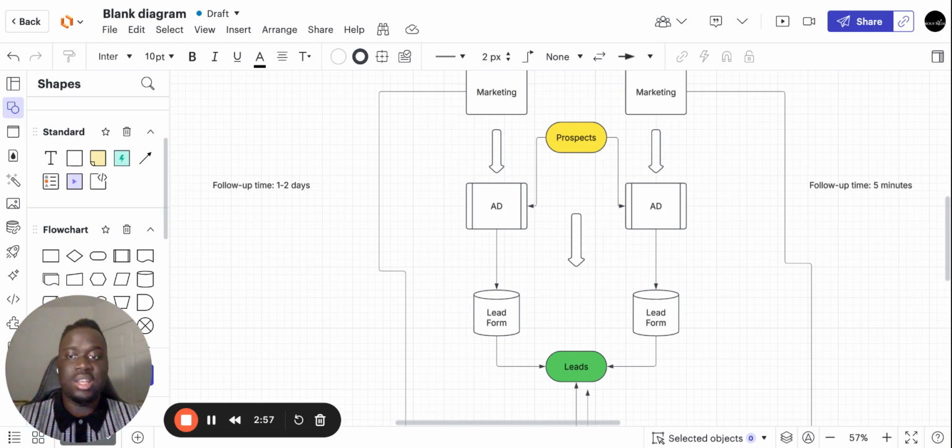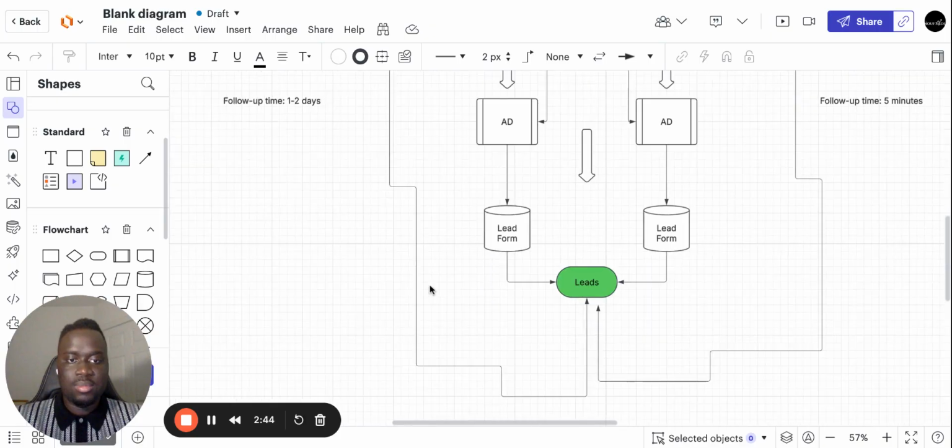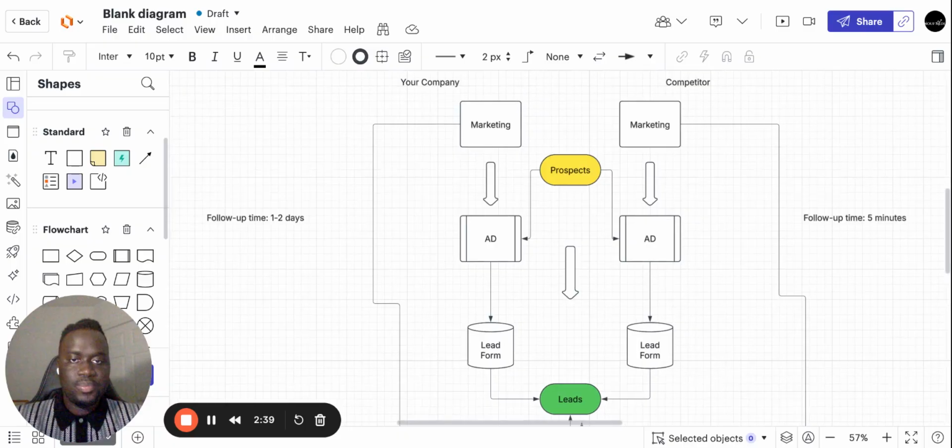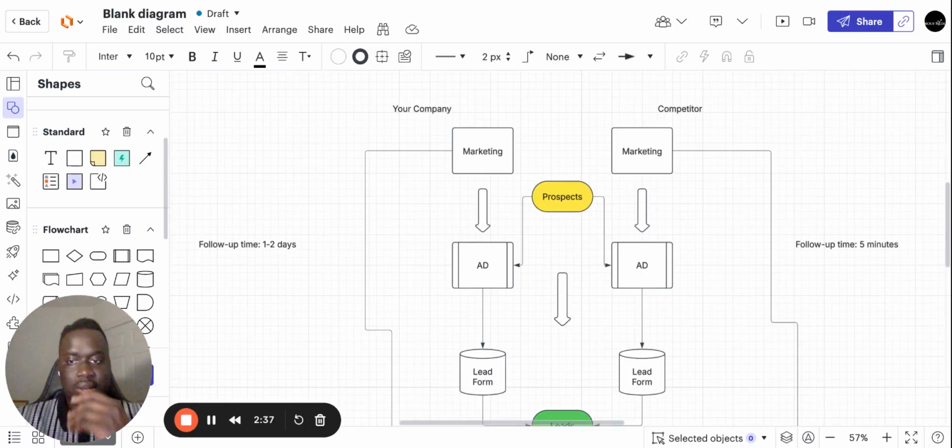Maybe the customer gets educated first by that company, and then they book a time with that company. After 1 to 2 days, they may already have an estimate from that other company. Maybe they don't even feel like talking to you anymore. It's because you took too long to get to them to follow up. Your follow up time was too long. So, how do you fix this? Well, a key way to fix this is through automation, and more specifically, AI automation.